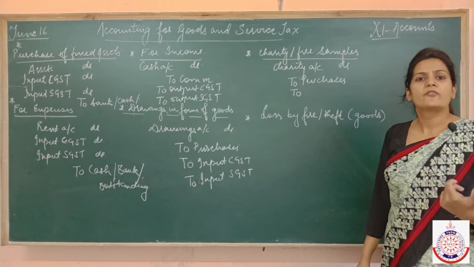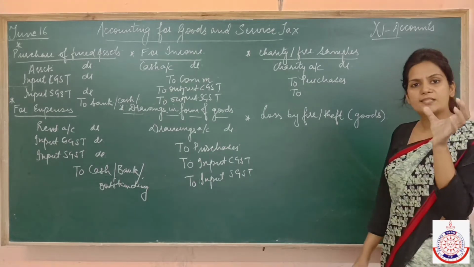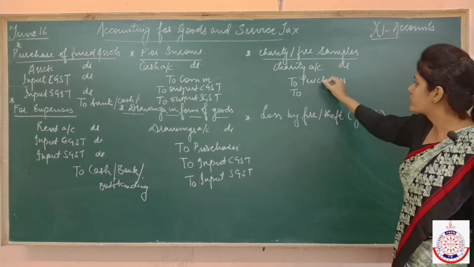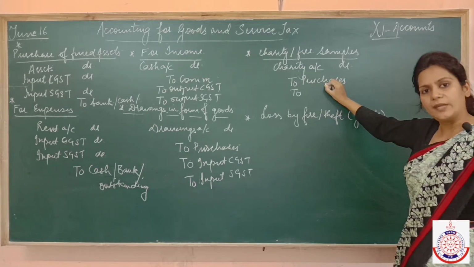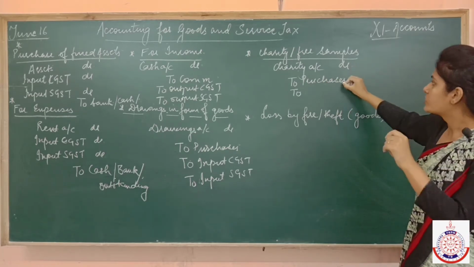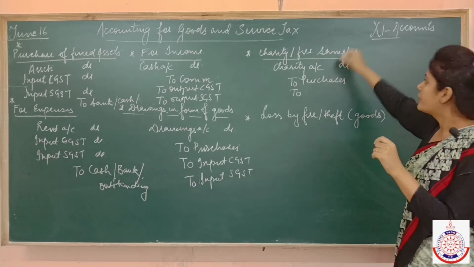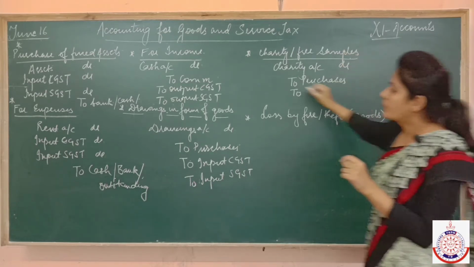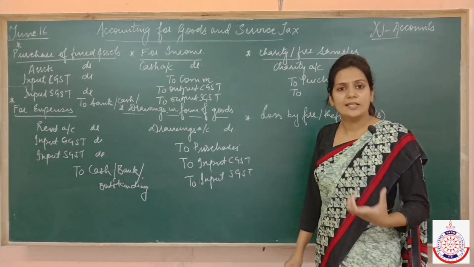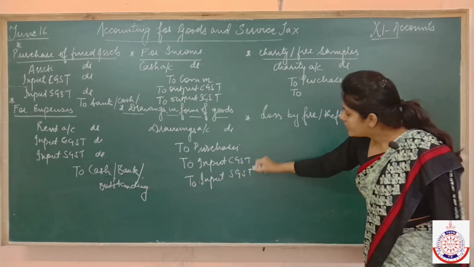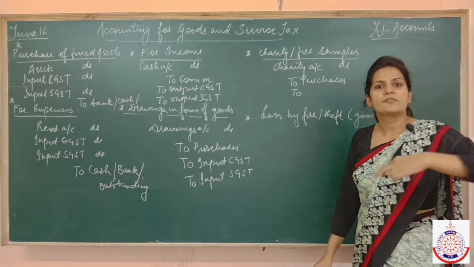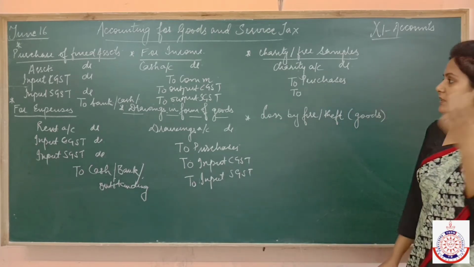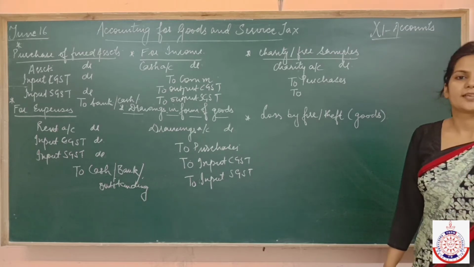if I am giving the goods out of the business in the form of charity, then whatever GST we paid on these goods, no देखो ये goods भी तो आपने कहीं से purchase किए होंगे, फाइन, आपने इन पर GST पे किया होगा, तो अगर आप उन गुड्स को चैरिटी के फॉर्म में देते हैं या फ्री सैम्पल्स के फॉर्म में दे रहे हैं या आपका ओनर बिजनेस से पर्सनल यूज़ के लिए लेकर जाते हैं, तो उस पर जितना GST आपने परचेज के टाइम पर पे किया था, यू नीड टू रिवर्स इट। रिवर्स इट का मीनिंग है कि इतना GST वापस आपके पास आ जाएगा। Got it?